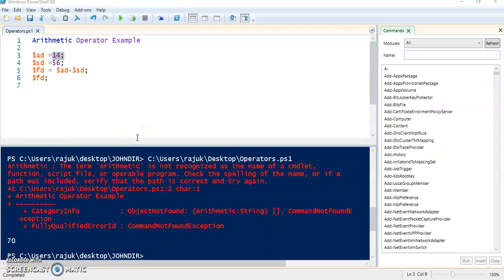Now we will see another operator, the assignment operator. The assignment operator is used for mathematical tasks. In the assignment operator we have symbols like equal to, plus equal to, minus equal to. We will see examples of plus equal to and minus equal to.